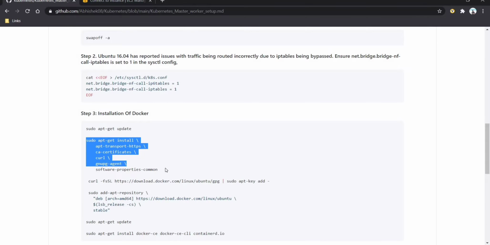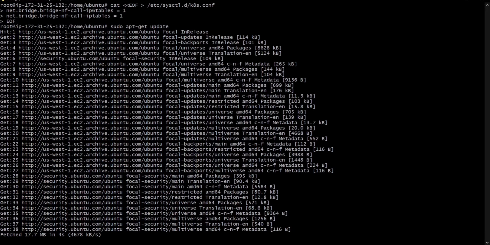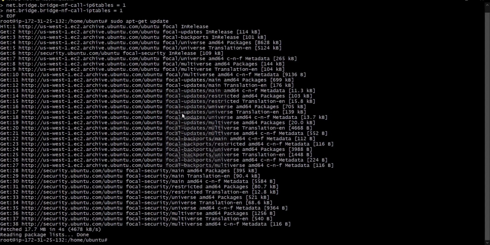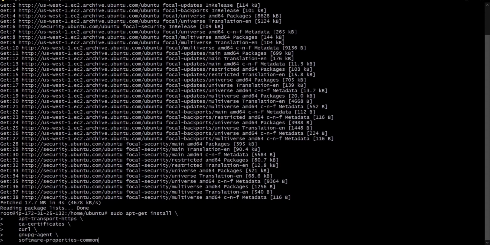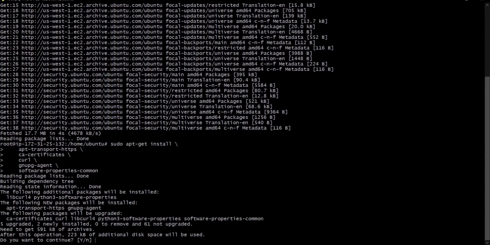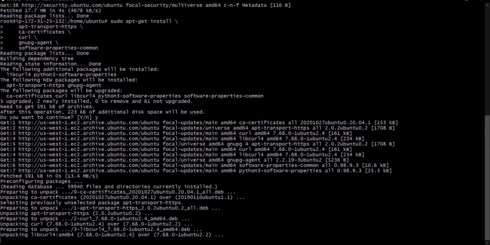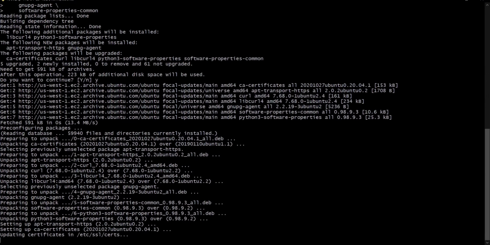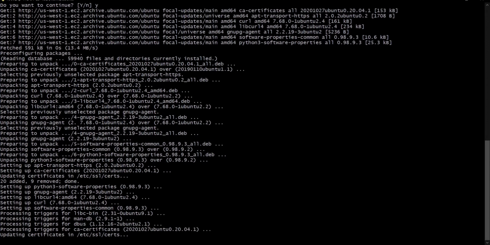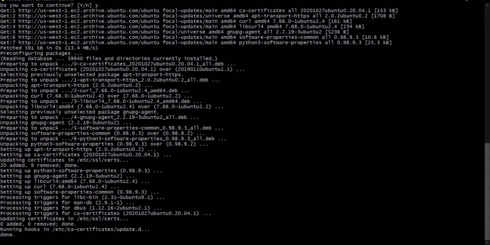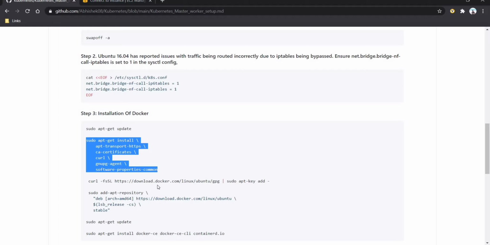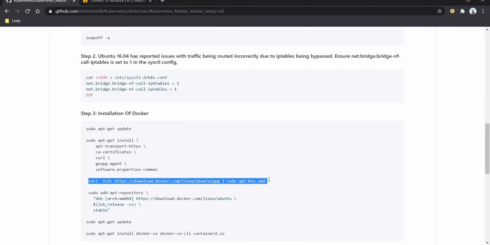The next command is to add the certificate. Let's clear the terminal now. And the next command is to add the key. Just copy this command.